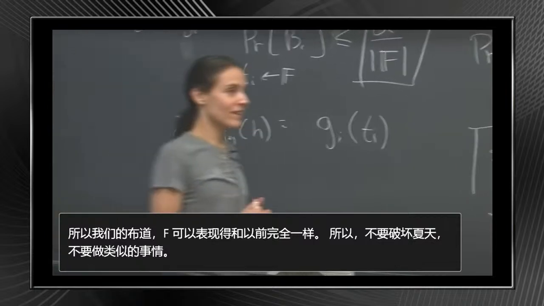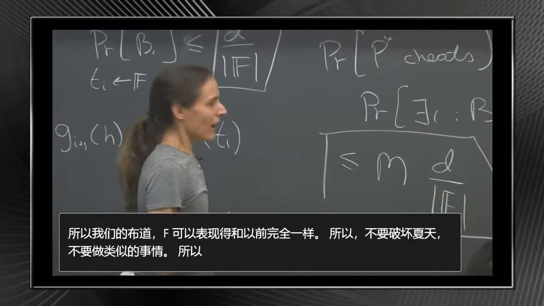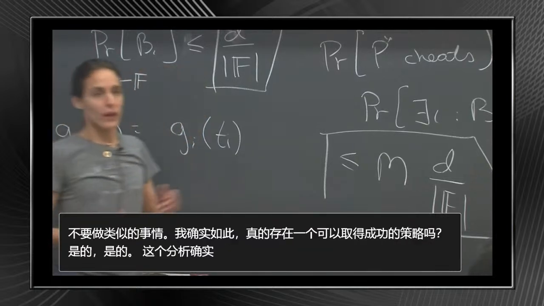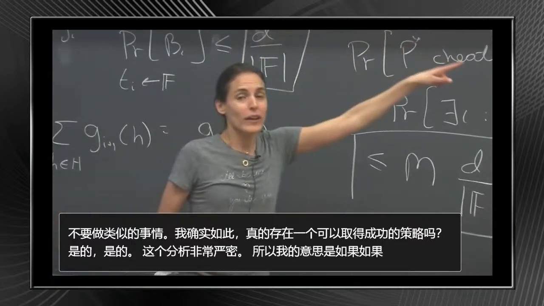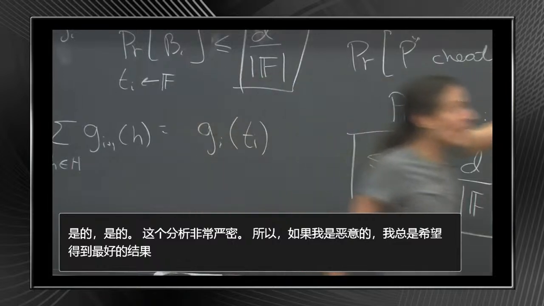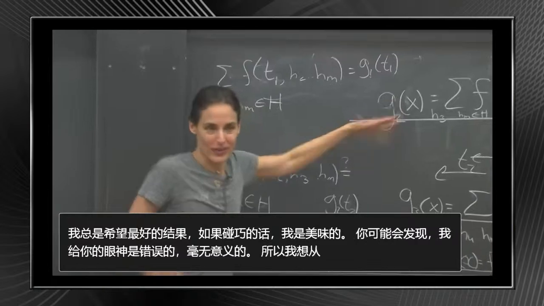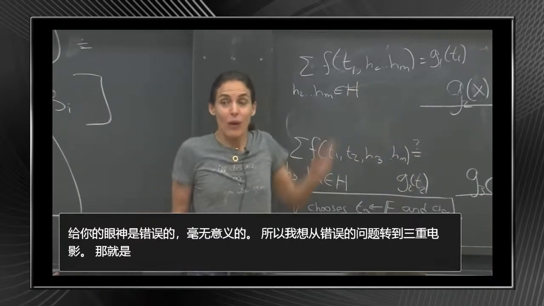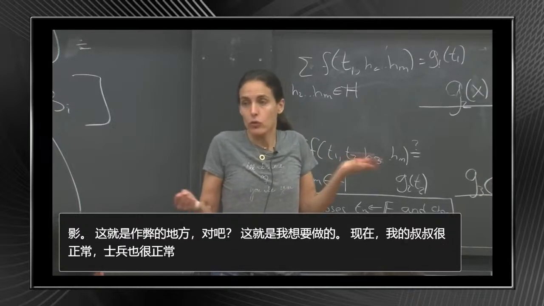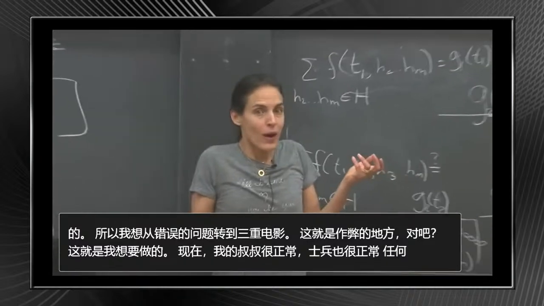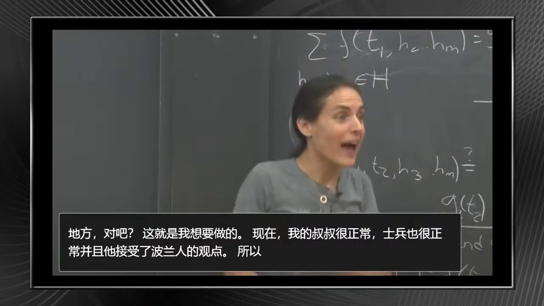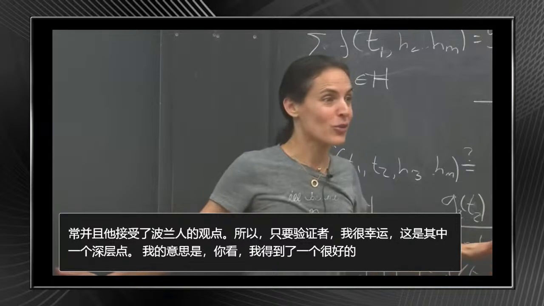Yeah. This analysis seems tight, right? Is it really the case that there is actually a cheating strategy that succeeds with this probability? Yes, this analysis is really tight. If I'm malicious, I can always hope for the best. I gave you the wrong polynomial, and I want to go from the wrong polynomial to the true polynomial. That's how I cheat. Now, my wrong polynomial and the true polynomial agree on d points. Any two distinct polynomials can agree on at most d points. So as long as I'm lucky enough that the verifier's t is one of the d points, I'm in luck. I got a good polynomial, and I'll continue with a good polynomial till the end.